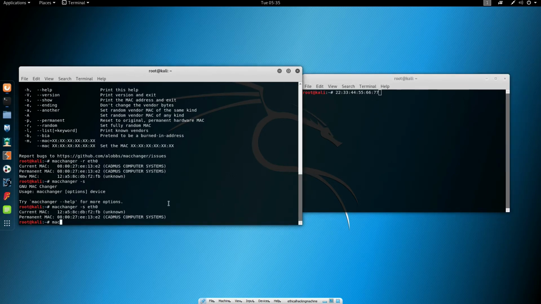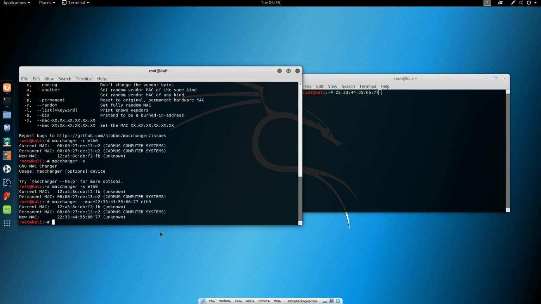So if we run once again Macchanger, we will go --mac, and now we will set here the MAC address. Here we will put equal. I'm not sure if we need to put equal right here. We will try with that first, and then 223344556677, and then we will specify our network interface. So if we see right here, it changed our MAC to the specific MAC address that we wanted it to change to. So right now, once again, if we type Macchanger --show,